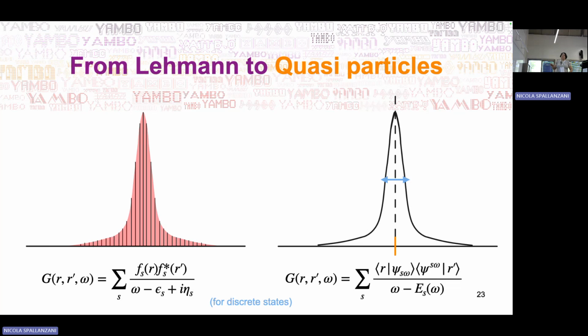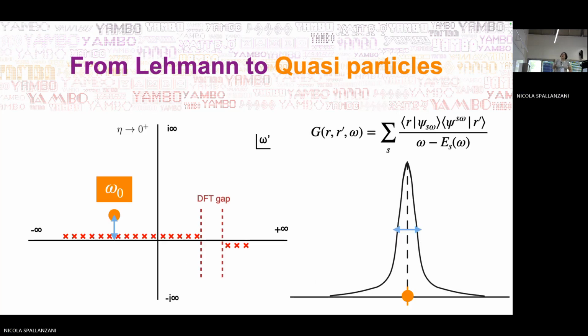And it is now a little bit different from before. So what is the difference? It has a broadening. We can write it in this way. So now we are using what we will call quasi-particle orbitals. It has one pole, but this pole is now not close to the real axis. It has an imaginary component, and this imaginary component gives the broadening of this peak.